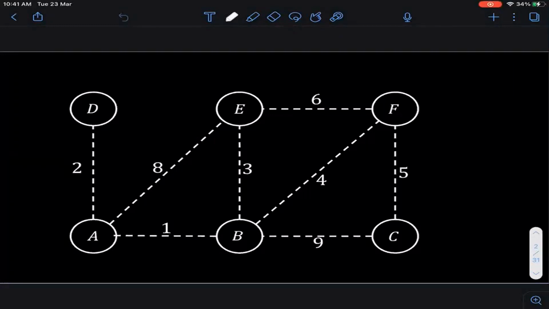I was just saying that the importance of computing a minimum spanning tree lies in the fact that it's a minimally connected subgraph. Let's say you are trying to design a network and you just want to do it in the cheapest way possible, and you have all possible options of connecting different nodes. You can represent this in the form of a graph, and then you can compute the minimum cost spanning tree. Because remember, if you have to create a network, you need to pay for your connections, cables or whatever, some form of resource. So you want to minimize your resource and you want to ensure connectivity. In those cases, the minimum spanning tree is the answer.